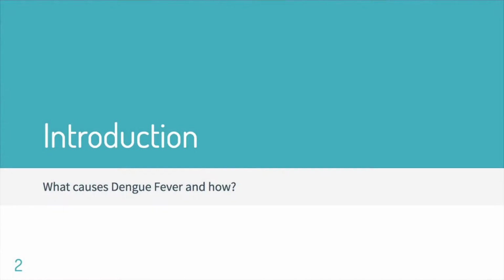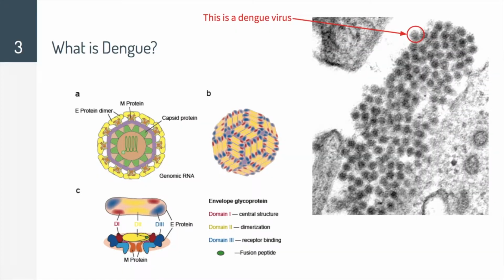And today we're going to be talking about the dengue virus. So first we're going to begin with a small introduction. What causes dengue fever? How does this happen? And what is dengue? So dengue fever is a disease caused by the dengue virus, which is primarily spread by